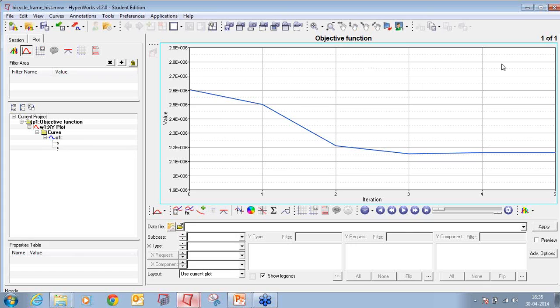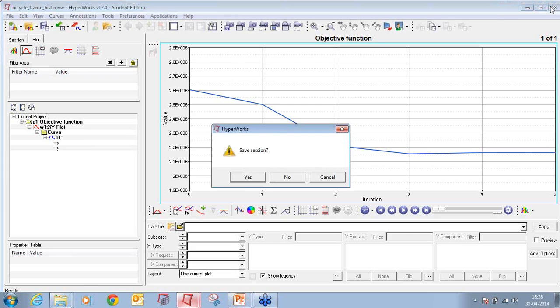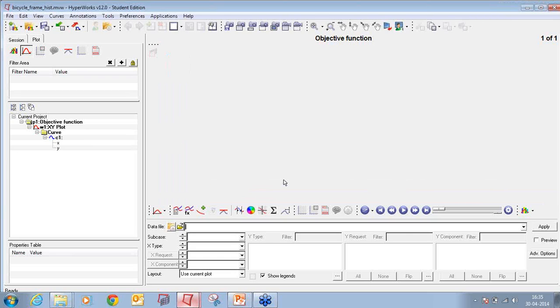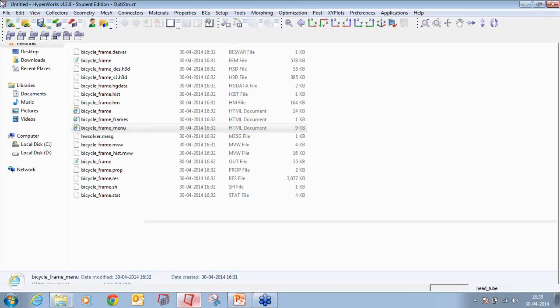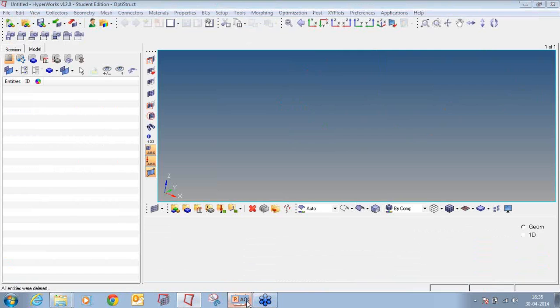So in this way you can view the results of the displacement plot, the elemental plots, all these things with the help of HyperView and HyperGraph. So in this way I have ended this tutorial. So I'll click new